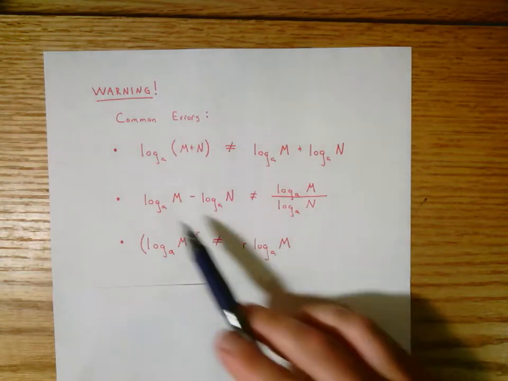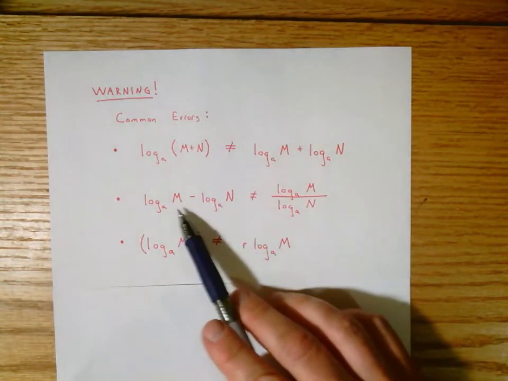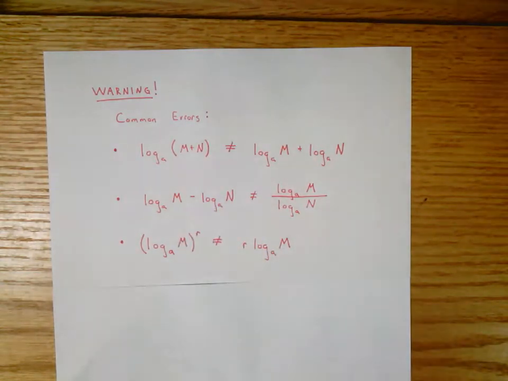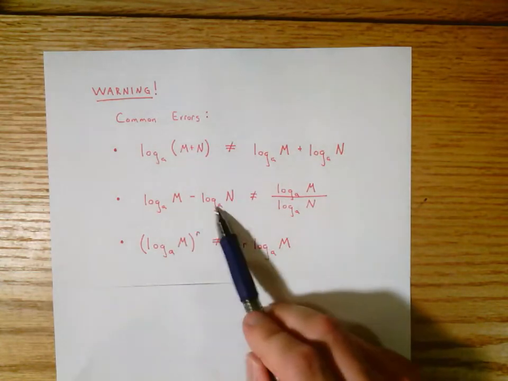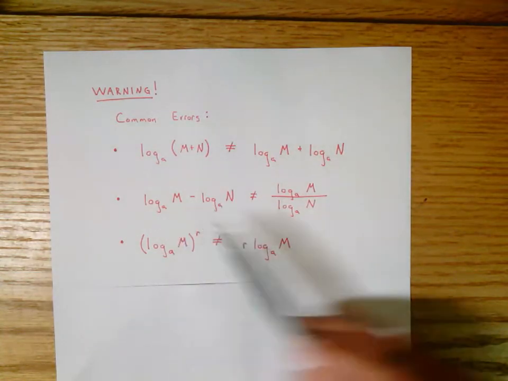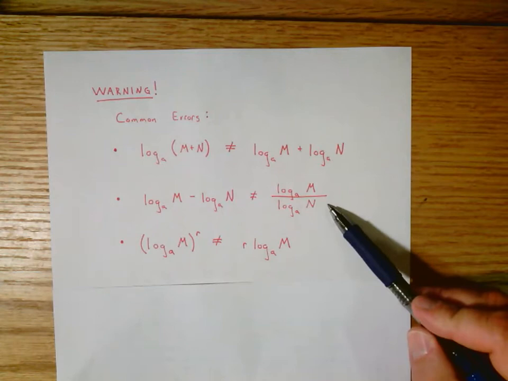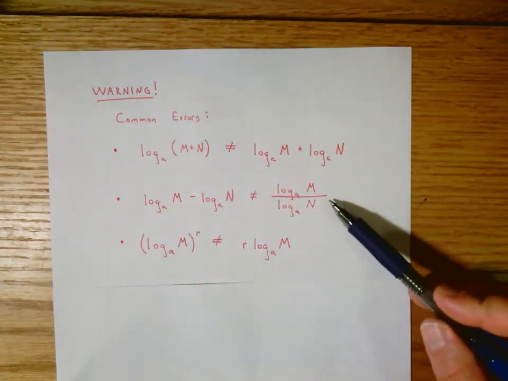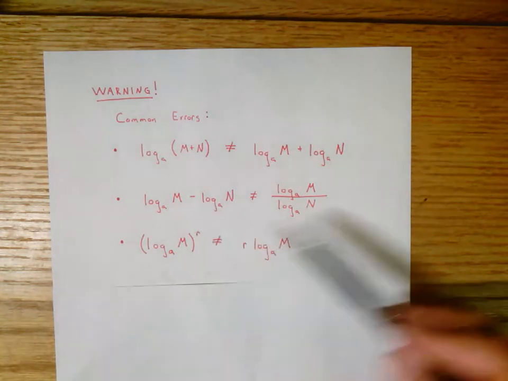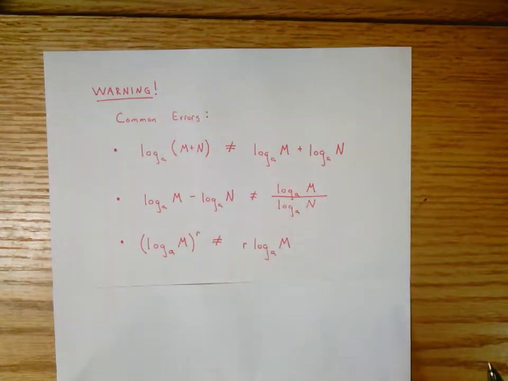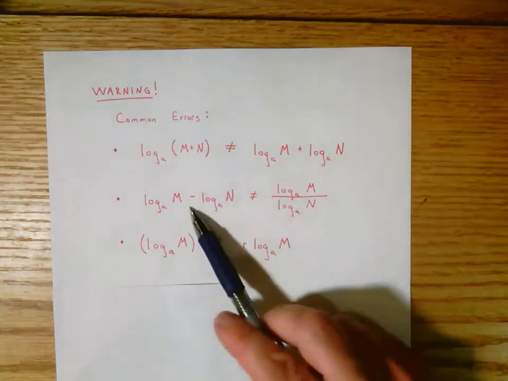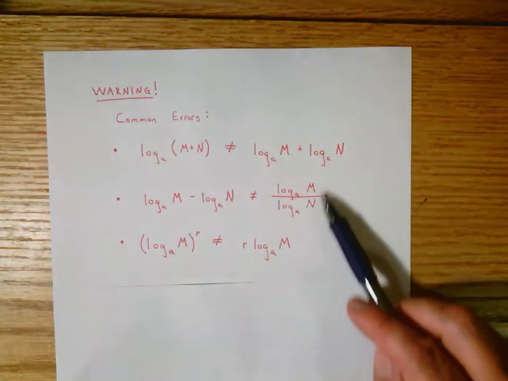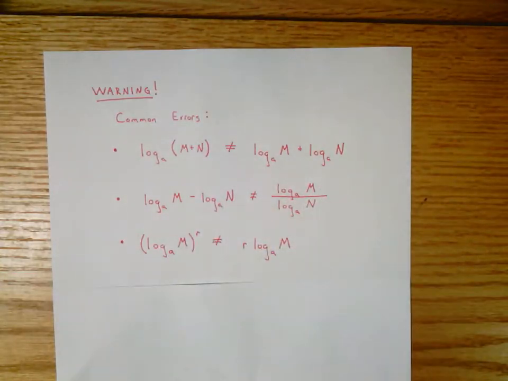Another common error you'll see is sometimes people write the difference of logarithms as the quotient of logarithms. However, if you think about this for a minute, if this were true, you'd be saying that division is equivalent to subtraction. And there's no way that subtracting two numbers and dividing the exact same two numbers is going to be equivalent